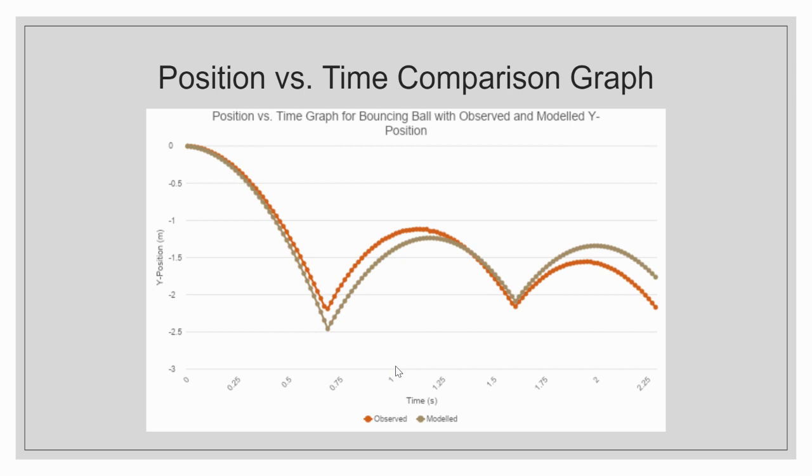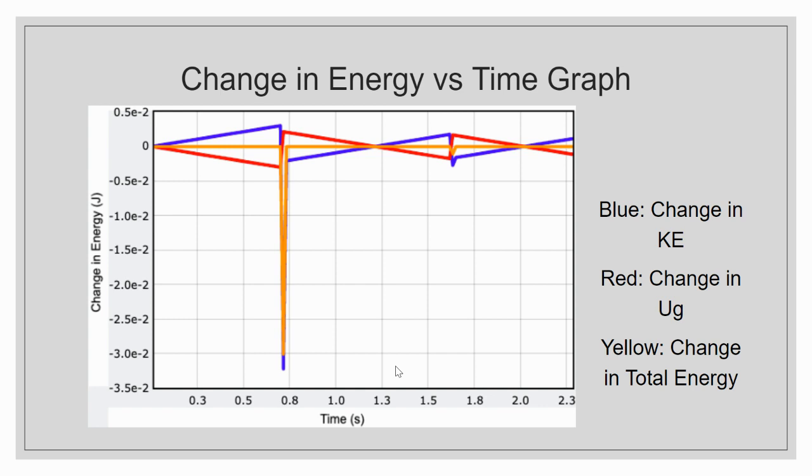This may be because the drag coefficient was too high and had not been determined experimentally. To improve this experiment, it would be better if the exact conditions of the room were measured, that is, air pressure and drag coefficient. From this computational model, the changes in energy of the ball over time were also found and graphed over each time step. The blue, red, and yellow lines represent the changing kinetic, gravitational potential, and total energy of the ball, respectively.